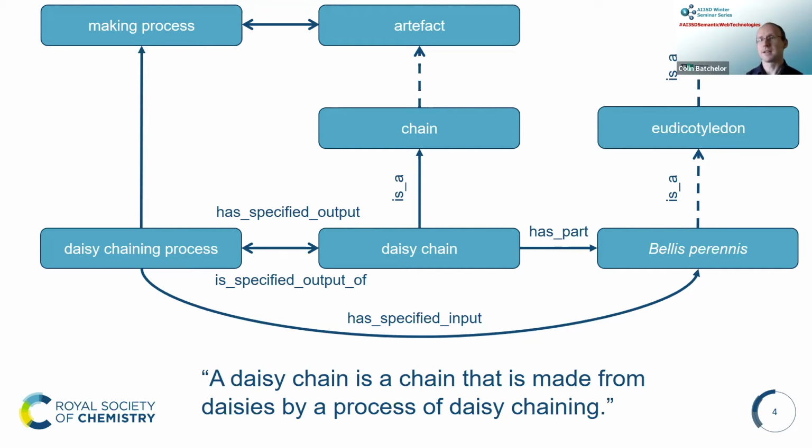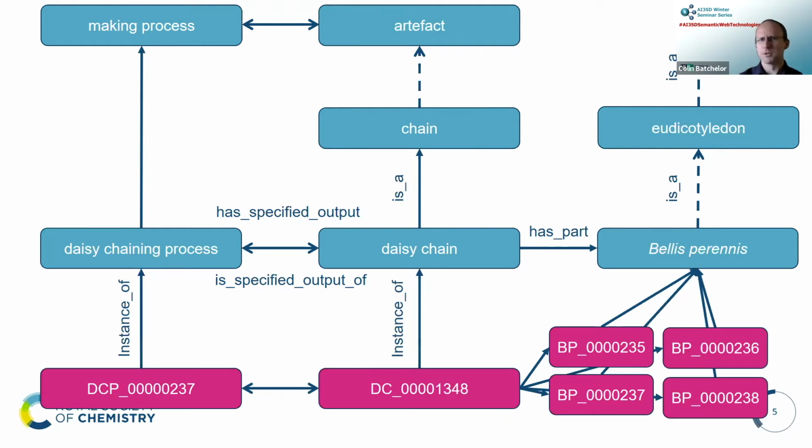Now imagine that you're sitting on the grass and you are a very organized sort of person who likes to keep notes of what you're doing. In that case, you might end up giving your daisy chains stable identifiers that you might want to use on photographs or for speaking about them later. You can say that this given daisy chain originated from a particular daisy chain process. You could add a start time and end time to that, and geodata, where did you do it? And you could even identify the daisies that were involved.